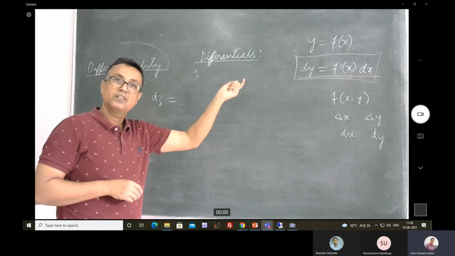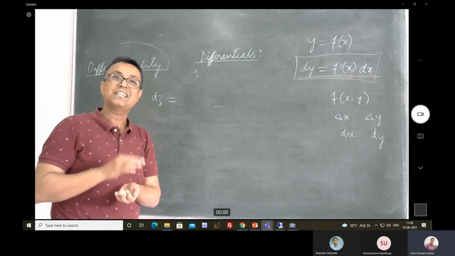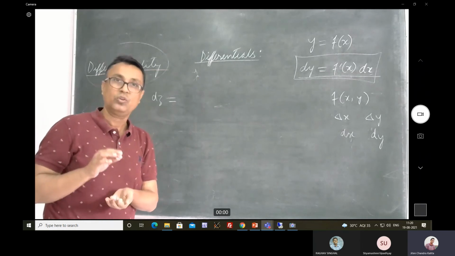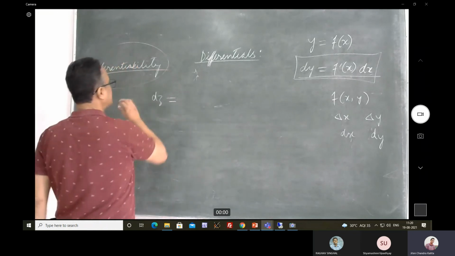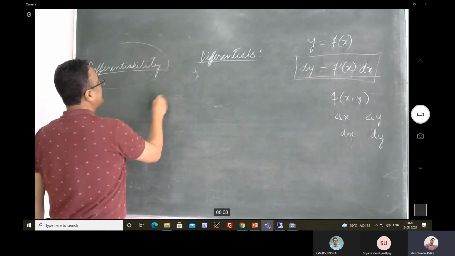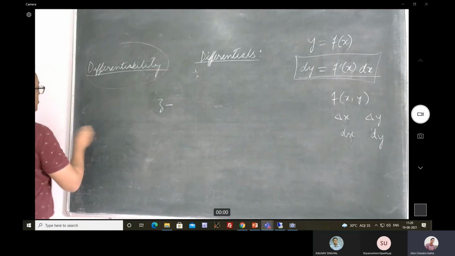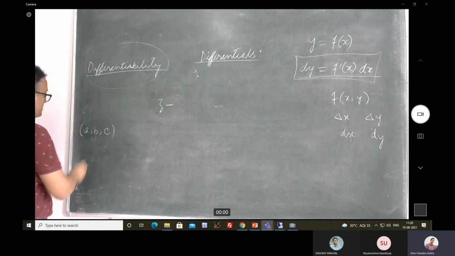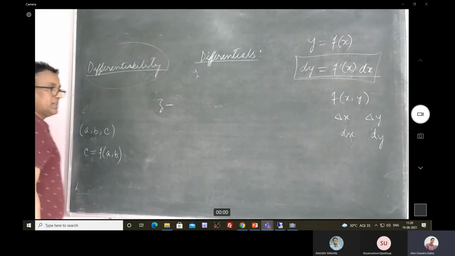So likewise, for a function of two variables, we are going to make use of the tangent plane approach. You know that the tangent plane, if I take it at the point (a, b, c), where c equals f of (a, b), is simply given by